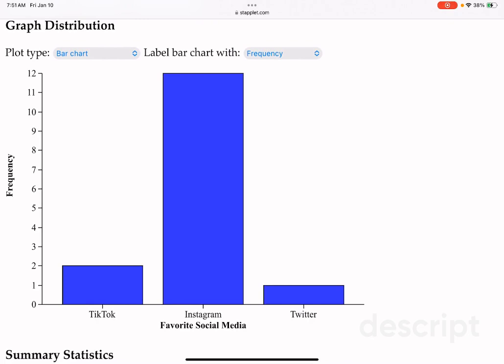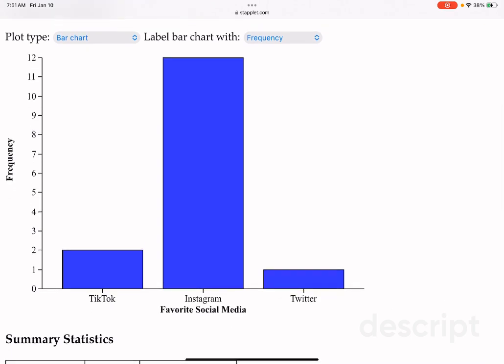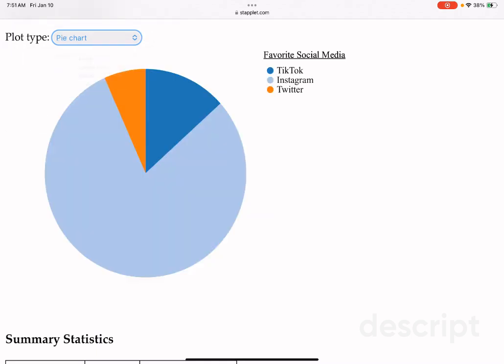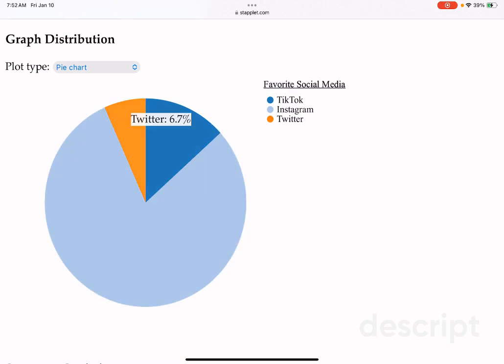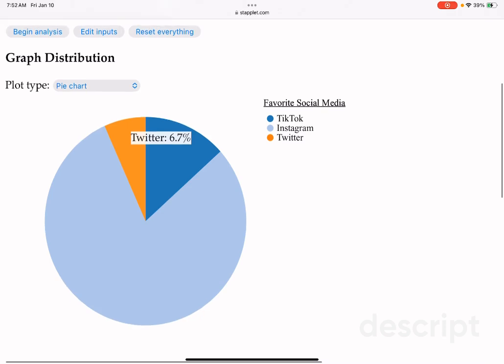You're going to want to copy this over. Go ahead and sketch it and notice what they do. So look at all the stuff that they have labeled on here. Make sure that your bar chart has that. To get your pie chart, you're going to click that button. And I actually want you to label with the percentages. So make sure when you click, just click each of these little wedges here, and that's going to show you the percentage for each section. So go ahead and do that on your own, and then come back and continue the video.